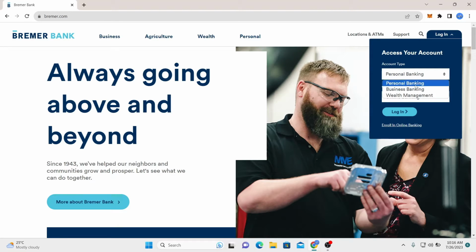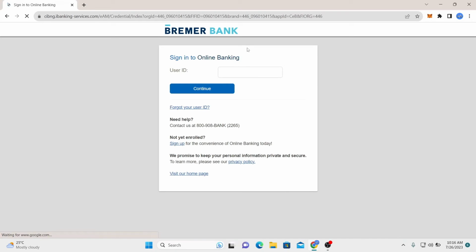Just go ahead and select whether your account is a personal, business or wealth management account and then select which online system you would like to use. After selecting both of these, just click on the login button and you will be taken to your selected login portal. Now you can go ahead and type in your user ID and click on the continue button to continue